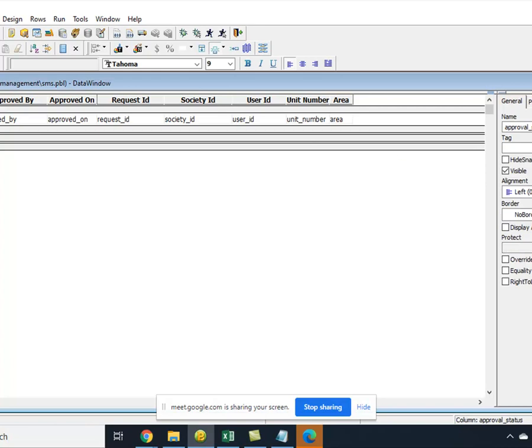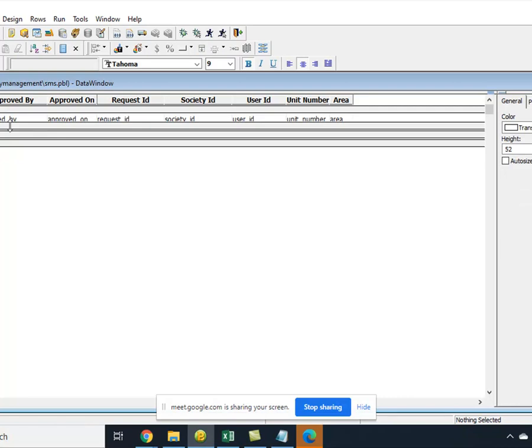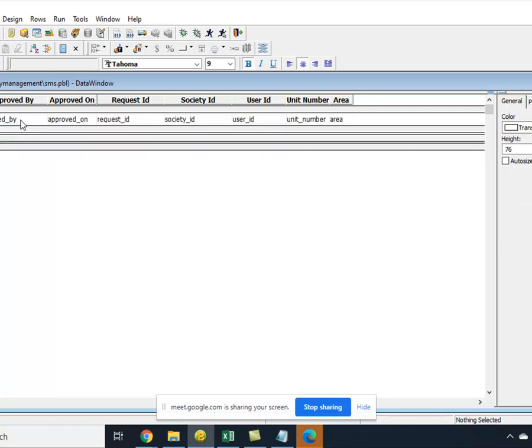If you click here, what is the column name? Approval status. And if you click here, what is the column header name? Only underscore T is added. You check all the columns. The column name is approved by, and the header name is approved_by_t.